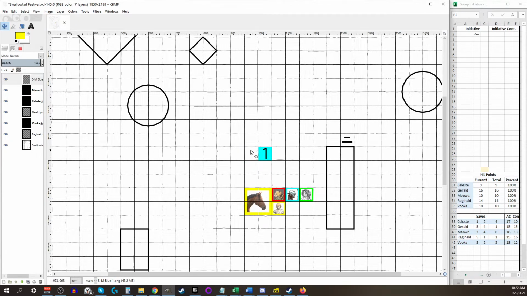I've got all different kinds of colors and numbers I can use, but yeah, so the only problem with using this as a virtual tabletop, in my experience, has been the fact that the players cannot manipulate their own tokens. So when I'm playing with my friends, I have to move their tokens for them. They'll of course say where they want to go, and I'll move them, and most of the time they don't need me to do a square by square